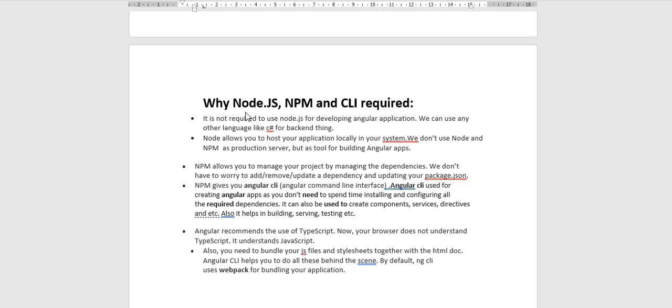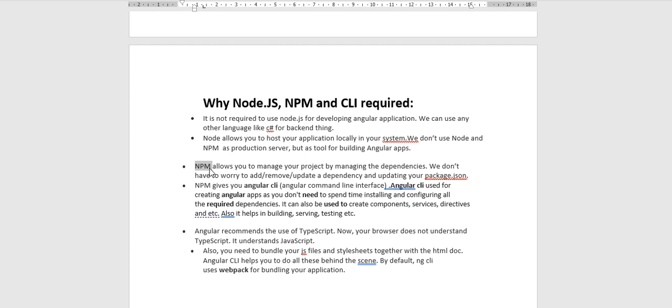So guys, let's move to the second point, npm. So what's the role of npm? npm allows you to manage your project dependencies. Like in any other project, such as C sharp or Java, you have certain libraries that are dependencies for your application, and there you manage those dependencies basically manually.